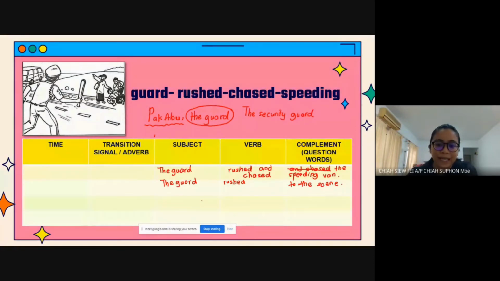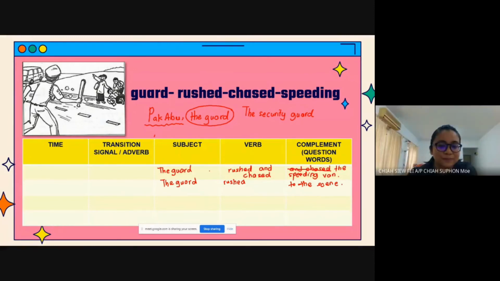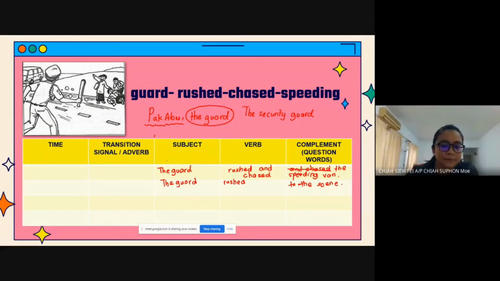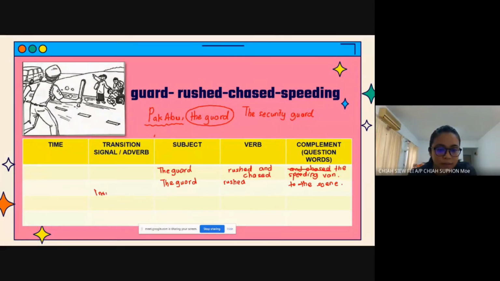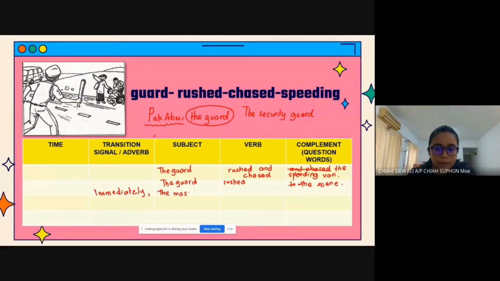Okay, all right. Then after that, what happened? Teacher, can I try? Yes. I want to continue from Mukesh's sentence. The guard rushed to the scene. Then immediately. Where do I put immediately? Transition signal. Very good. Immediately, the masked man